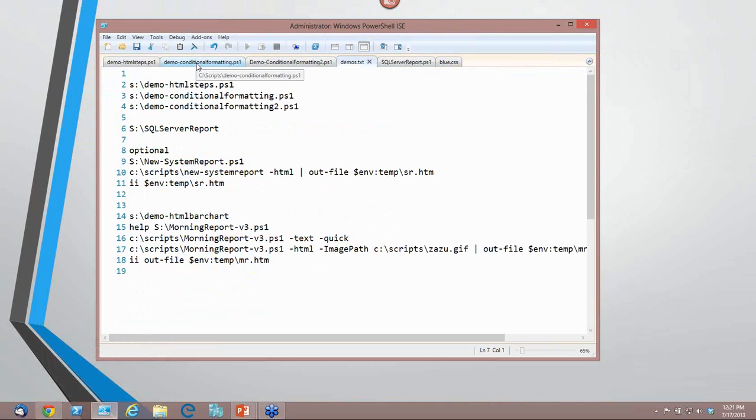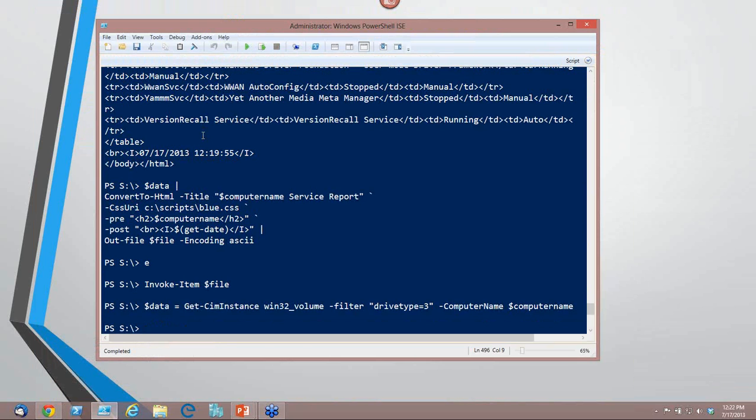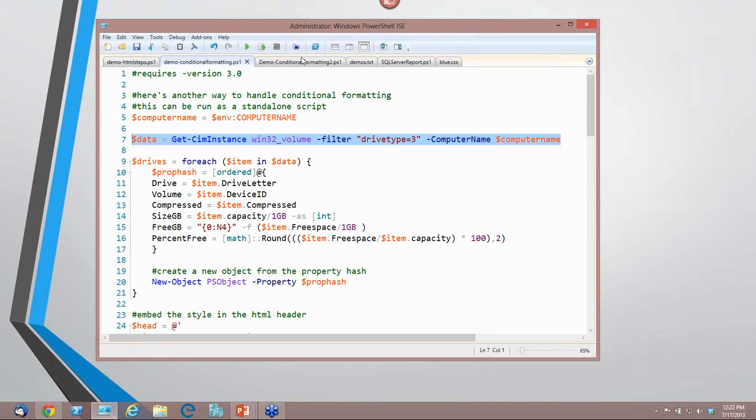All right, let's look at my next iteration here. My computer name is still the same. I'm going to use Get-CimInstance again and retrieve the volume information from my computer. Let's clear the screen there. Again, I'm going to get data. So for each item in my collection of drives, or volumes I should say,